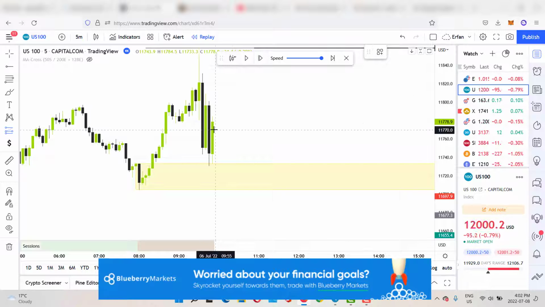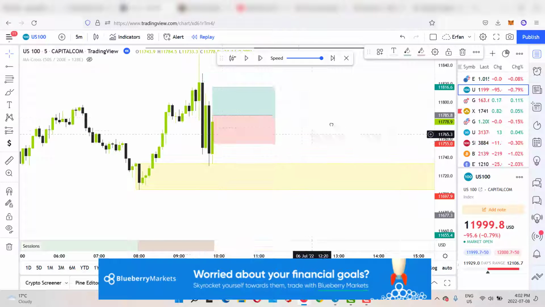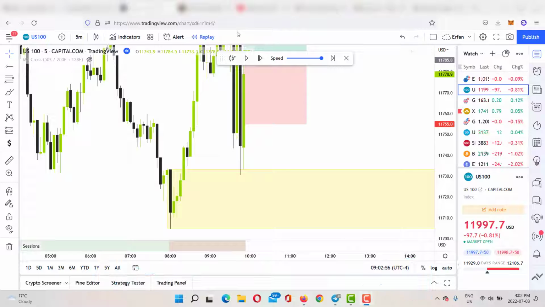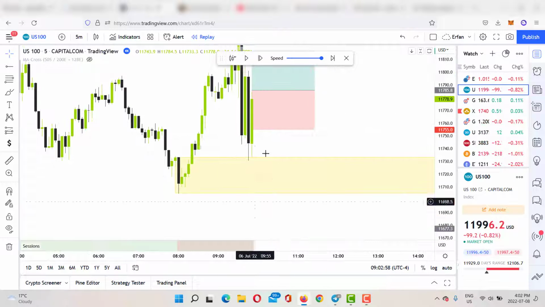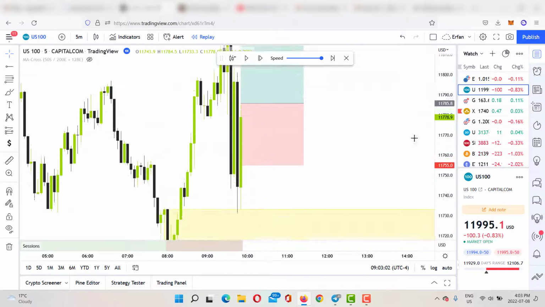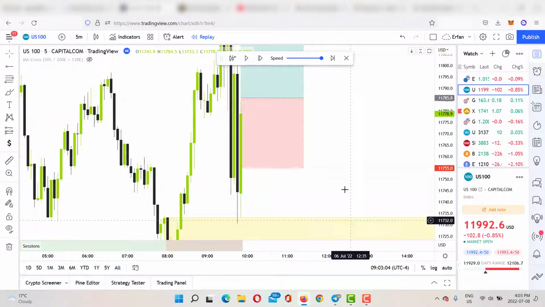But since this one is smaller than this one, it's not a bullish engulfing candle, and I'm still not sure about the confirmation. But if you want to do it a little bit more risky, because you know that it's respecting this zone, it didn't get out of this zone like this one that I showed you. It respected the zone. So you can put your buy stop above this candle instead,